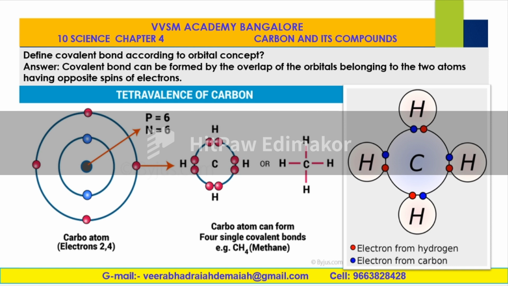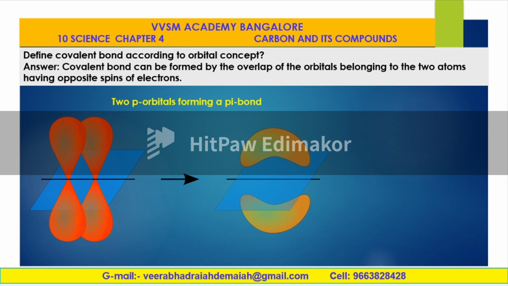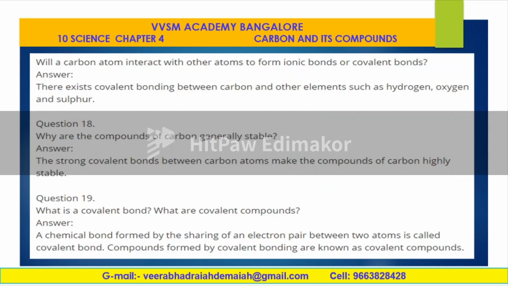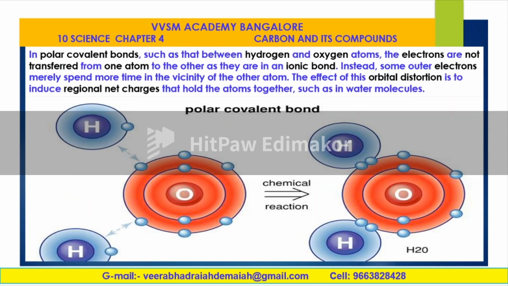And coming to the tetravalency of carbon, orbital theory, the formation of methane: the electron from hydrogen, the electron from carbon, sharing of this electron with carbon, this is called tetravalency. Because of the tetravalency of carbon, the organic compounds have been formed. Various organic compounds we will discuss later in forthcoming classes. Now coming to the orbitals, s, p, d, f orbitals are there. So in this aspect of polar covalent bond, the